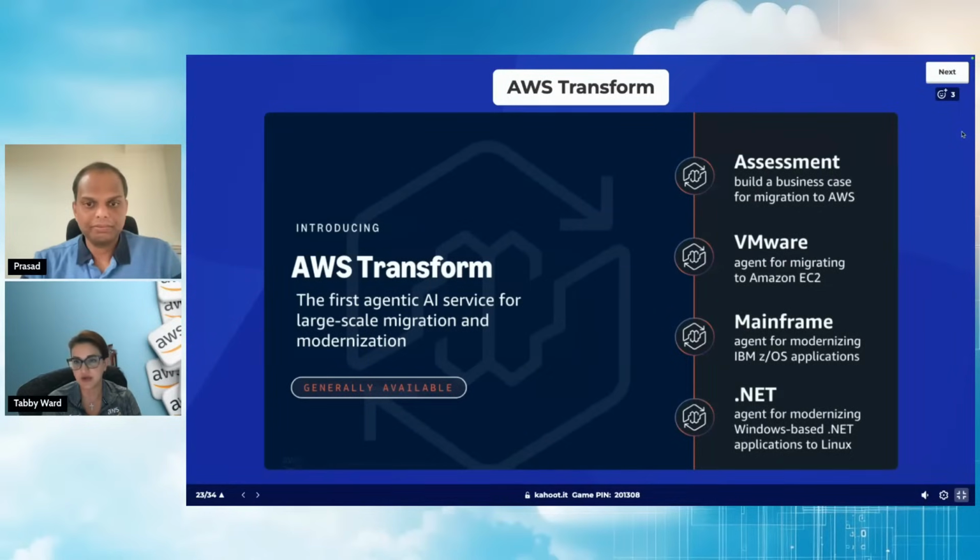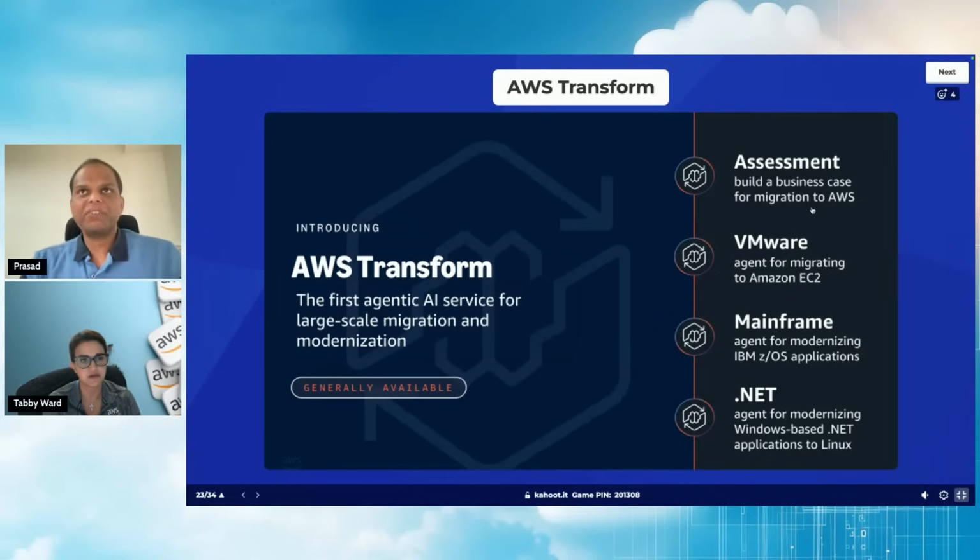And at the end of the day, the real benefit would be eliminating the licensing fee and reducing the operational overhead too. And obviously, when you come to the cloud, security is enhanced, you're more resilient, and you have access to 200 services. So that's the gist of it. I think we have more slides to dive deep, unless you want to touch base on .NET and mainframe, Prasad.